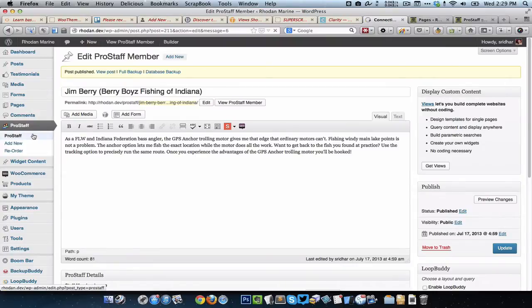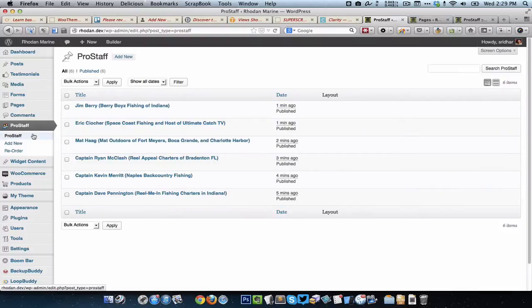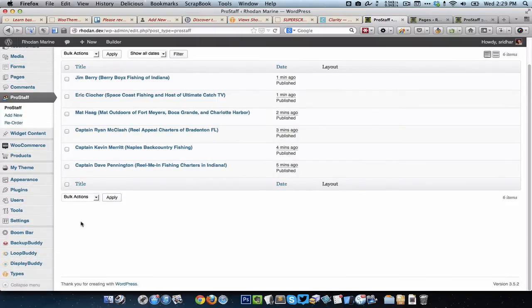Okay, so now if we go to Pro Staff, we can see that all the staff members that I have entered are available. So now I'm going to install the Views plugin, which is a paid plugin.